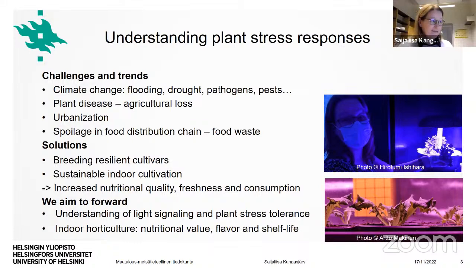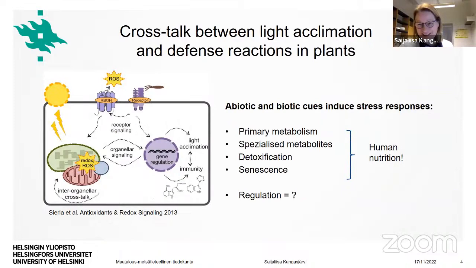If we look into more scientific terms at what this research is all about: for 15 years, my lab has been working on molecular crosstalk between light acclimation and defense reactions in plants. And the rationale for this research comes from